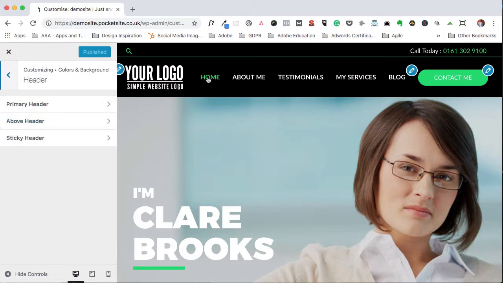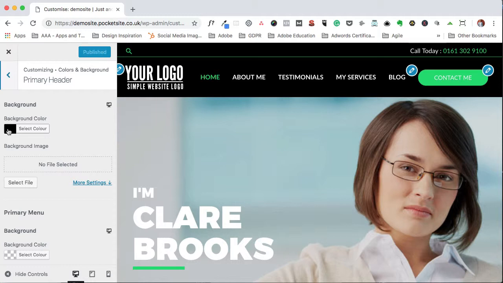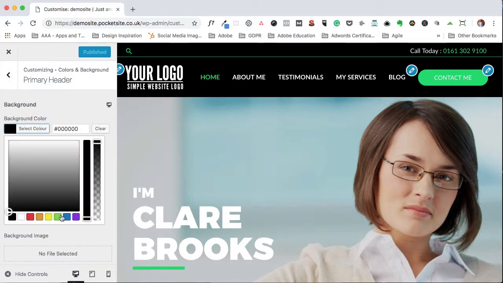I'll go to Primary Header, which is this element here, the above header is this element here, so your header is made up of two areas, primary header and above header. I'll explain sticky header in a moment. In order to change the colour on the primary header, you just click on primary header, background colour, select the black, let's try blue,